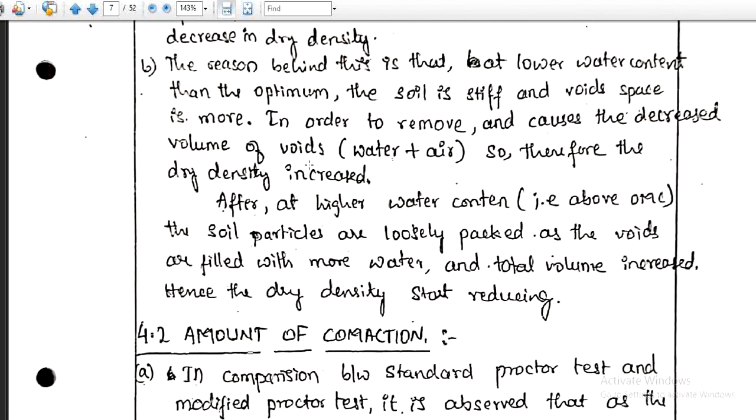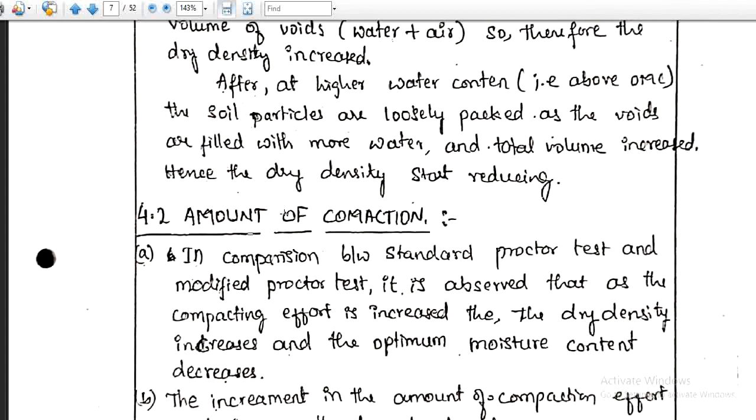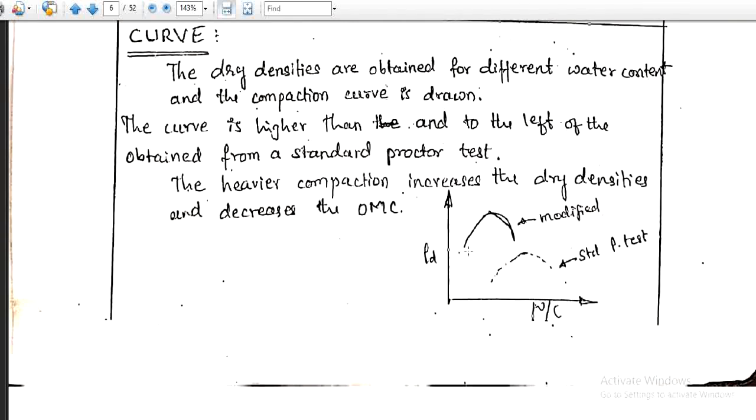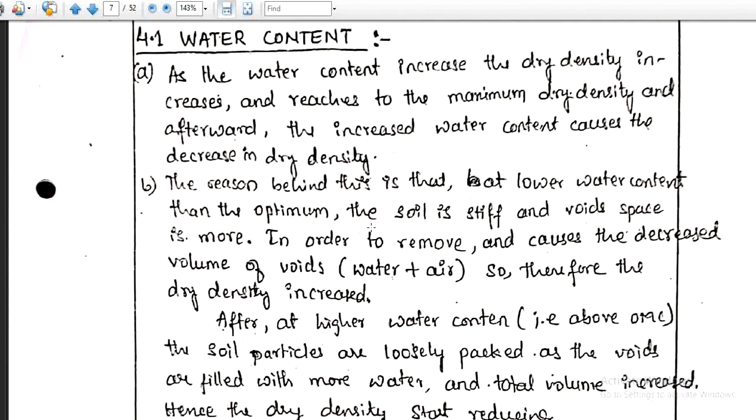Next, the second point which affects the compaction is the amount of compaction. In comparison between the standard Proctor test and the modified Proctor test, you can see the curves over here. Modified Proctor test and standard Proctor test are carried out on the same type of soil sample. In that, we have found that the modified compaction curve is a little bit higher and towards the left side as compared to this particular standard Proctor test curve. So